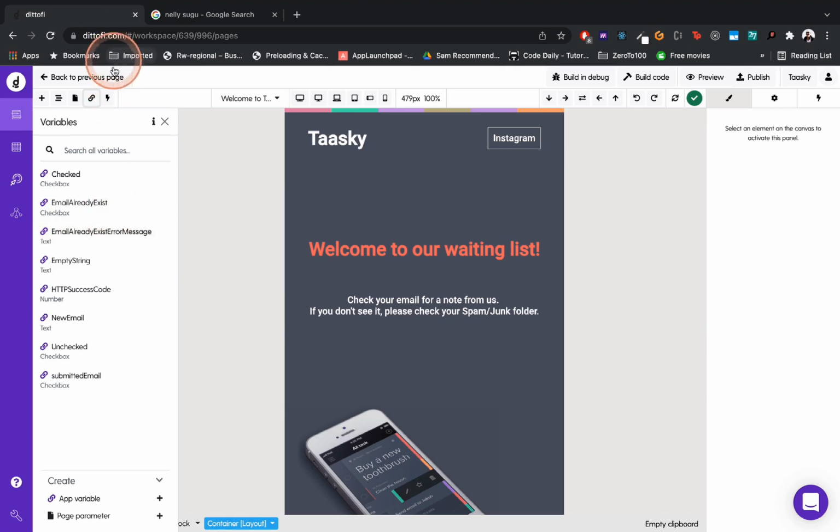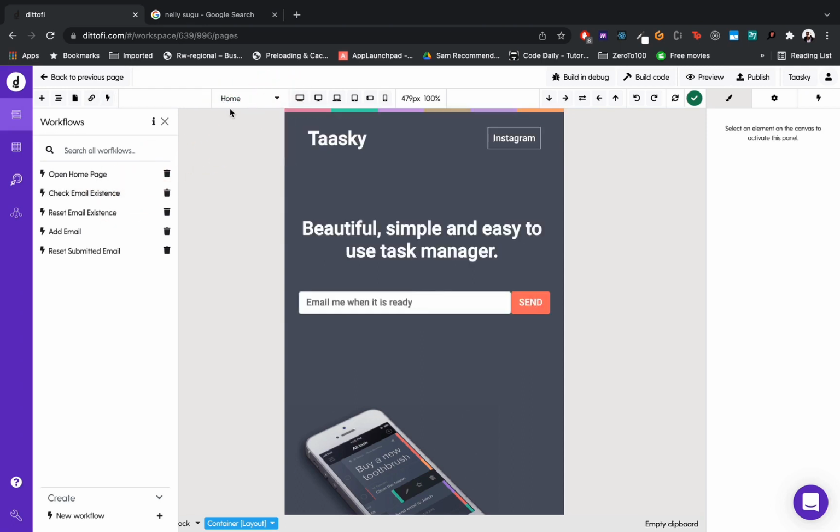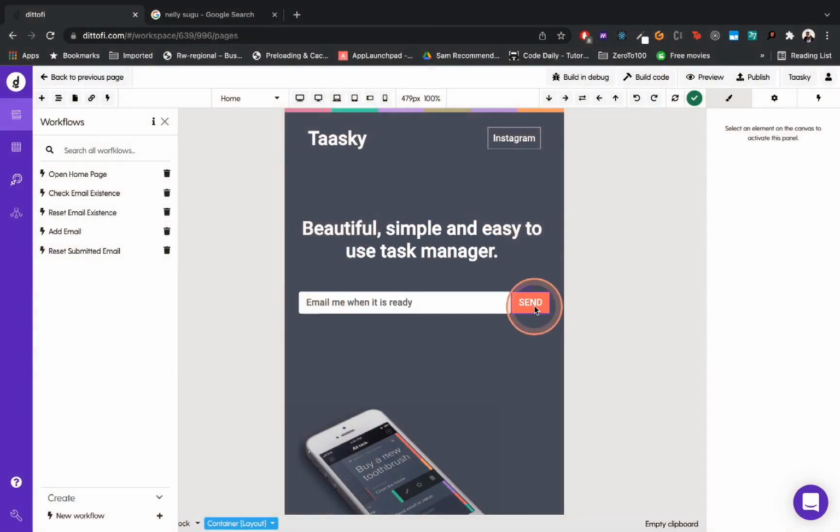The last icon on this menu that I want to point out is this workflow icon. The workflow icon is small or big functionalities that you can add to your app to be able to do things. For instance, if I'm on the home page, in this case, when a user enters an email in this box and they click send, I would want to run a functionality that will grab the user's email and send it over to my database where I could hold it.